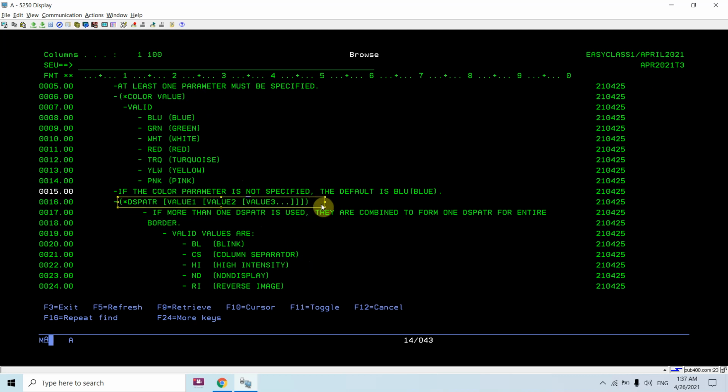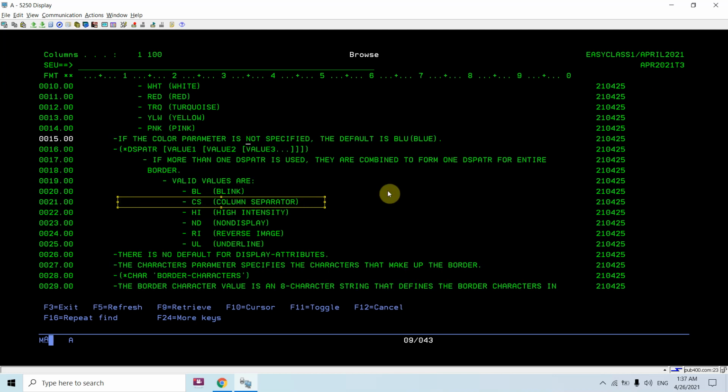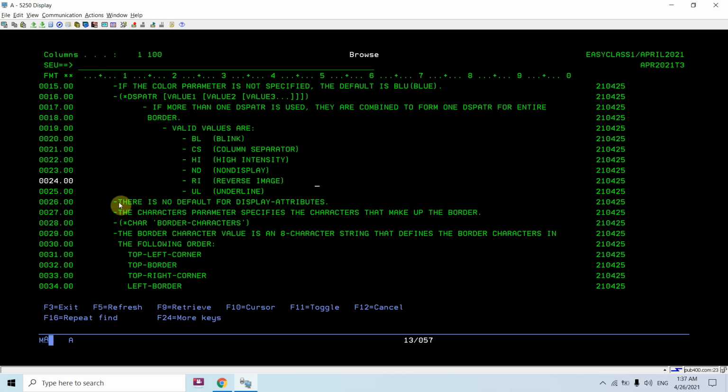And the same way, the display attribute parameter, if it is given multiple times, then all of them will be combined, and these are the valid values for the same. If it is not provided, there is no default for display attributes. The character parameter specifies the characters that make up the border.